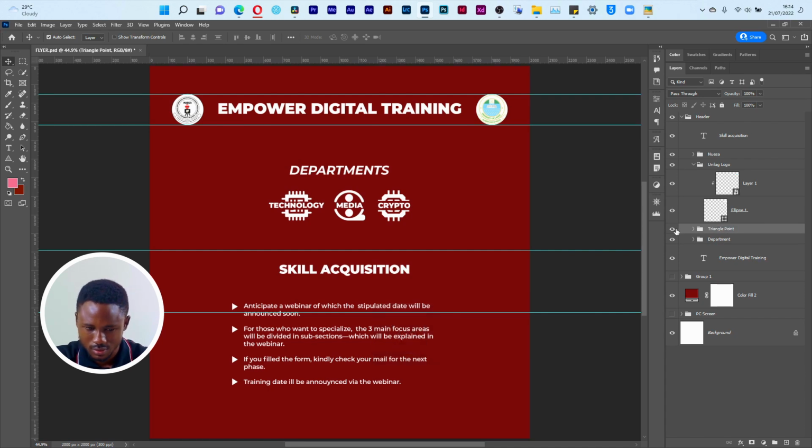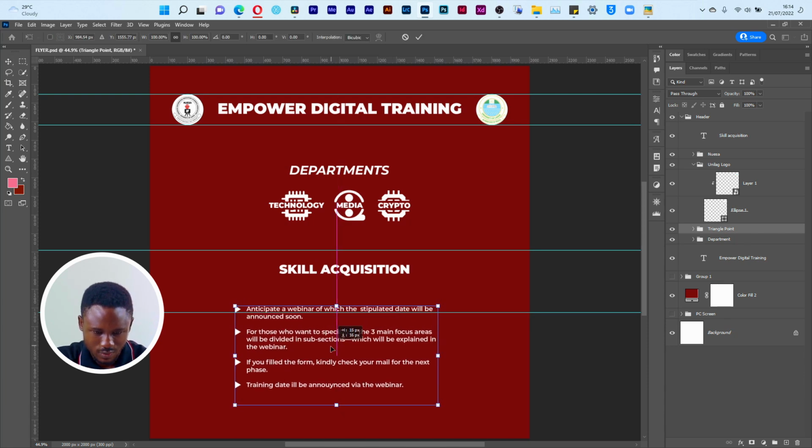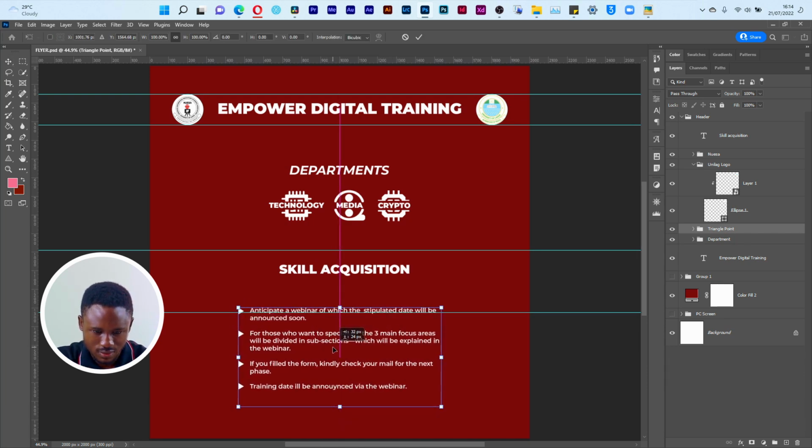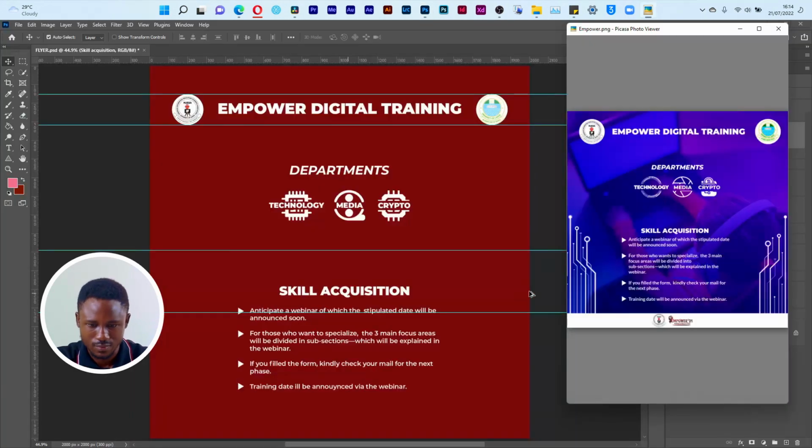Enter. Alright, so we've done this. You can move it to be in the center. So scale acquisition resting on it. Let's see. So after that we have a white,